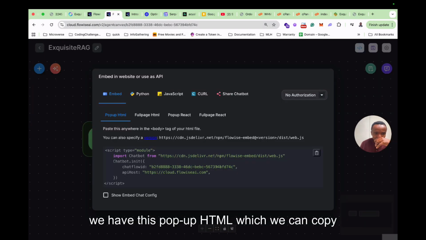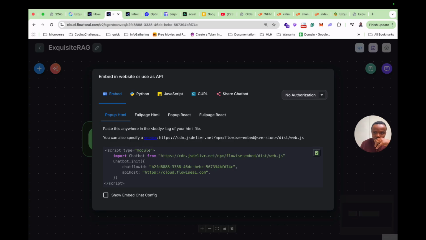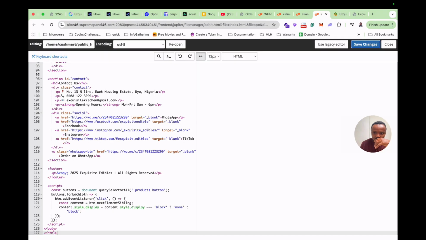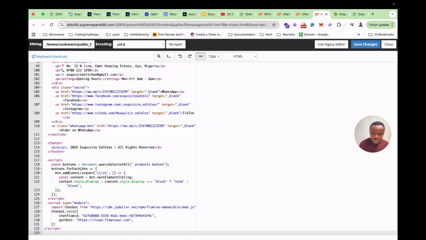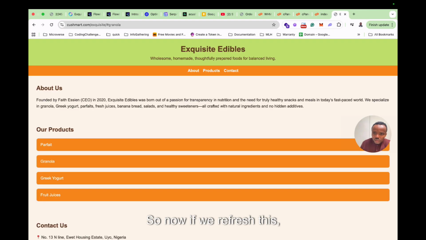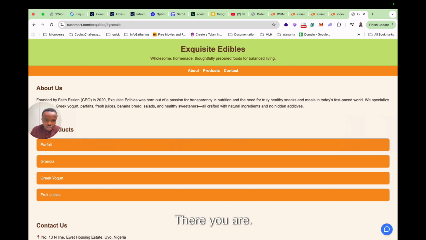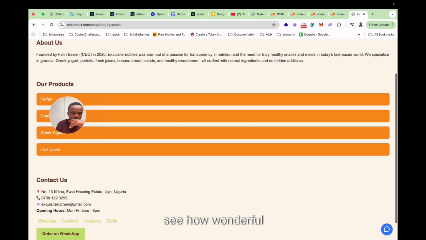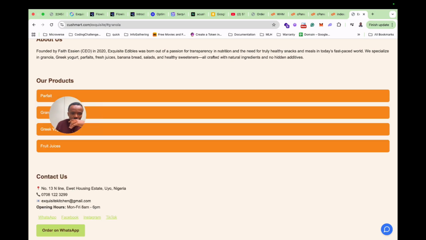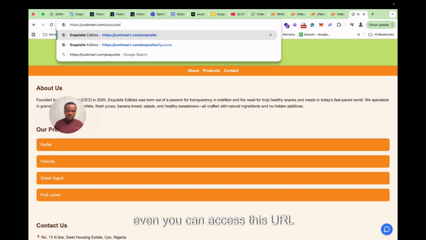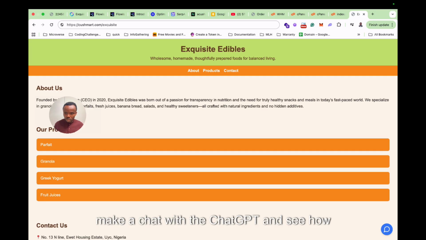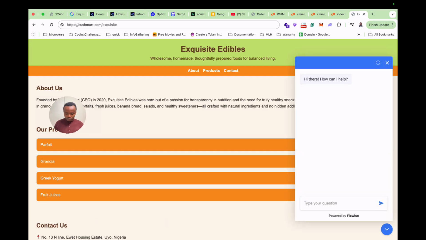So we have this pop-up HTML which we can copy and add it under here and save. So now if we refresh this, there you are. So you have this blue, and we can see how wonderful this is. Easy, you can embed this, so even you can access this URL and make a chat with the ChatGPT and see how it goes. Let's say, hey there,